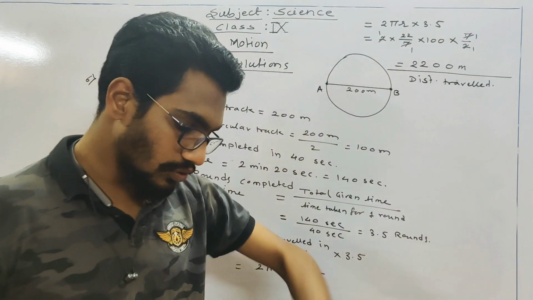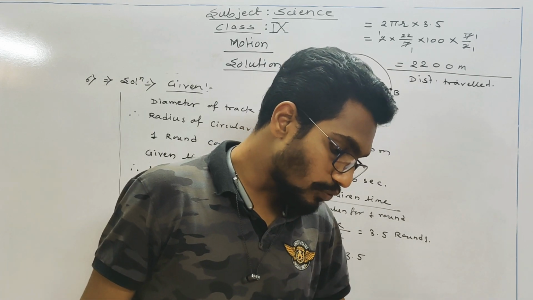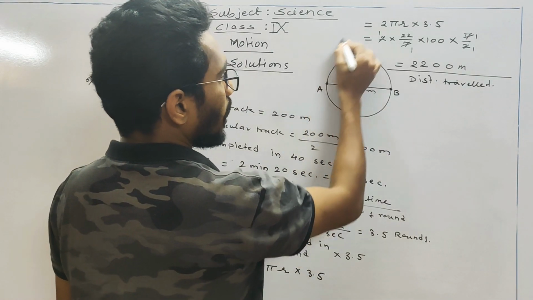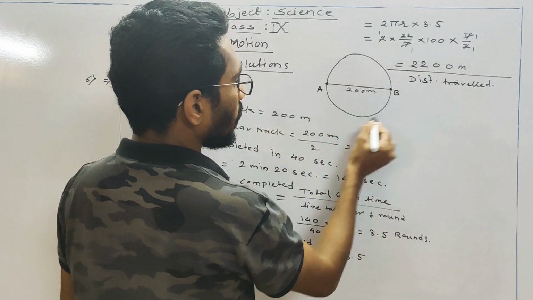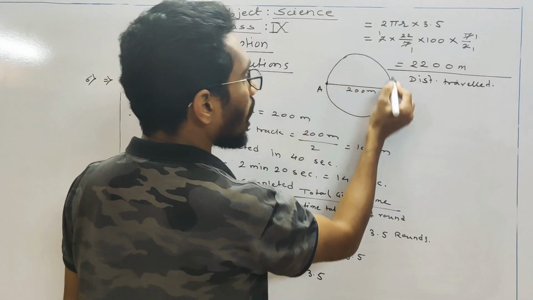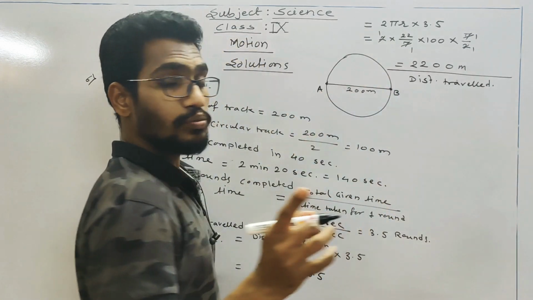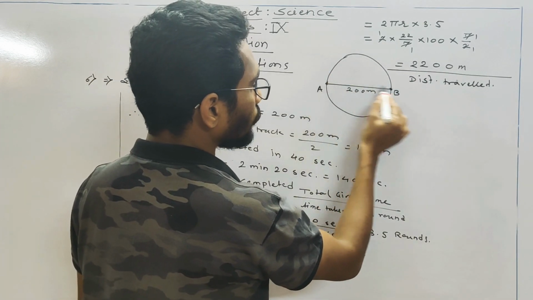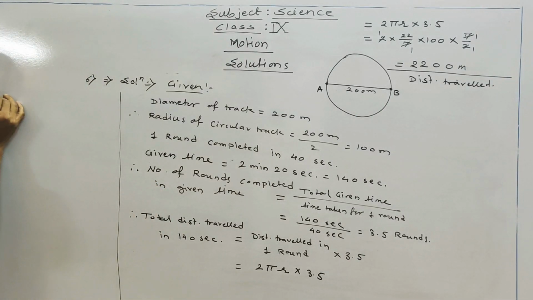Okay. Now again one question is there, and the displacement at the end of 2 minutes and 20 seconds. Displacement also. If it starts from point A and reaches point B, A to A one round, A to A second round, A to A third round, and A to B half round, 3.5. So initial point A, final point B, and the displacement is the shortest distance from initial position to final position. So shortest will be 200. So here we can write down the final answer.